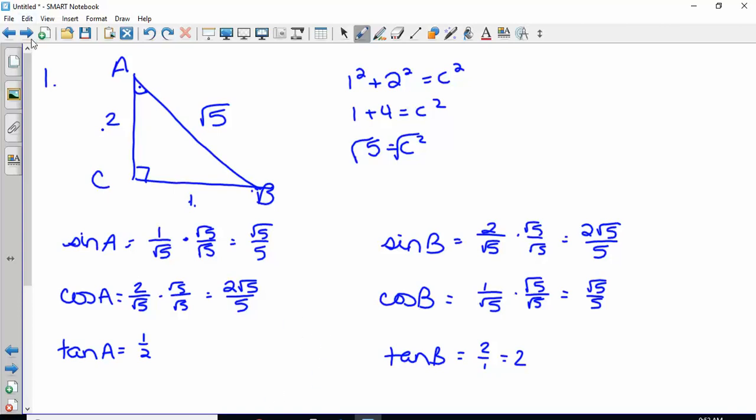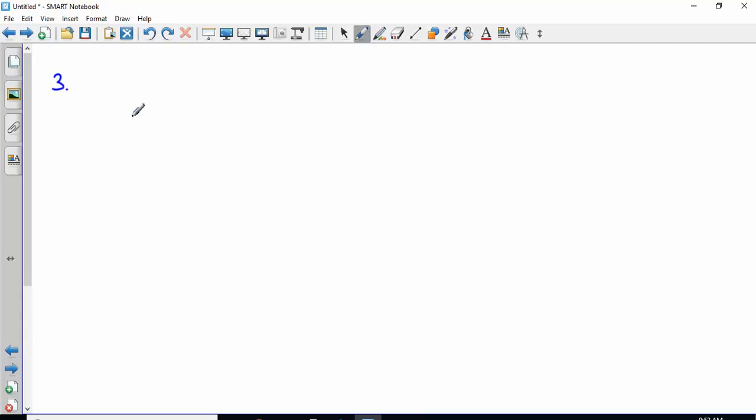I'm not going to do number 2, it's just like that. Let's talk about number 3. Cofunction theorem. So what are cofunctions? Sine goes with cosine, tangent goes with cotangent, secant goes with cosecant. And they are equal when their angles add up to 90 degrees. So sine of 14 equals cosine of blank. You just have to find 90 minus